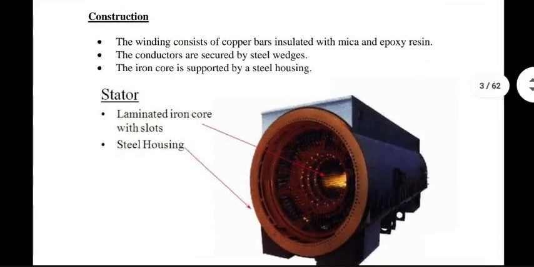The stator is shown here. The rotor is not there yet. Three-phase windings are in the slots on the stator. You probably don't see anything because they're all encapsulated. The core is made of some iron material and the core is laminated. And the outer part, which is known as the housing or yoke, is made of steel.